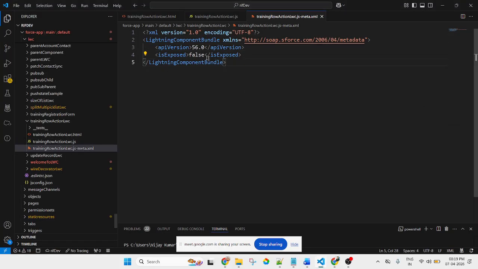So first of all, change from false to true, then target. Target means where you want to expose this component. Inside the target, apply target: lightning underscore web page.